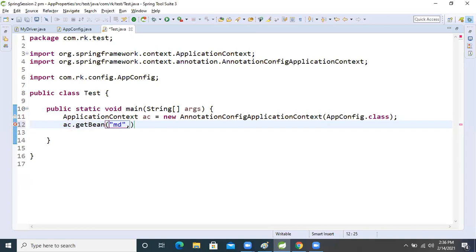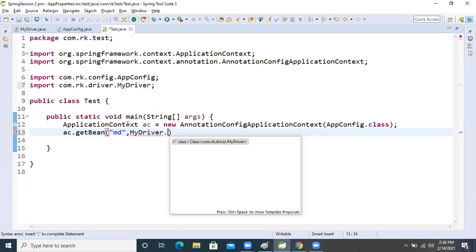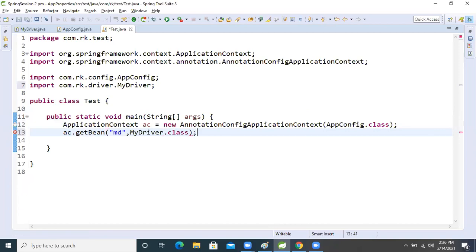After that we return MyDriver.class to avoid typecasting, right? It will return MyDriver. So now print it.